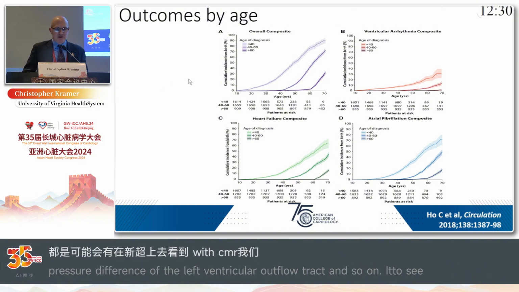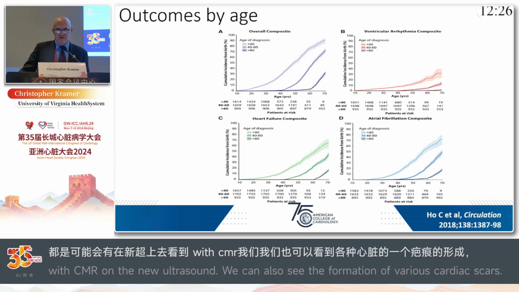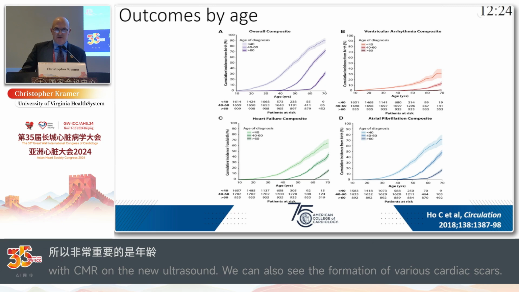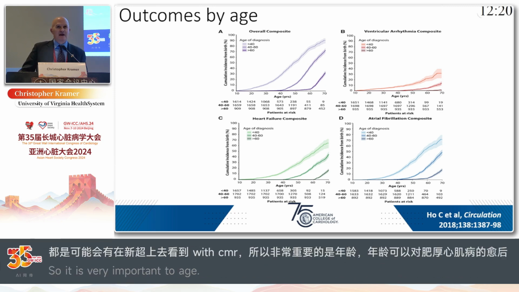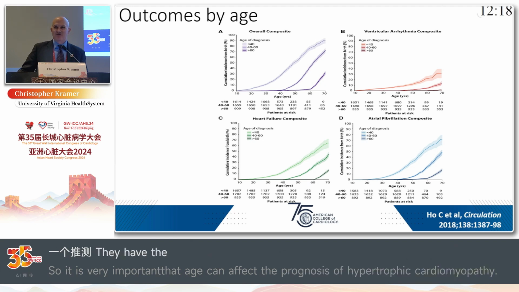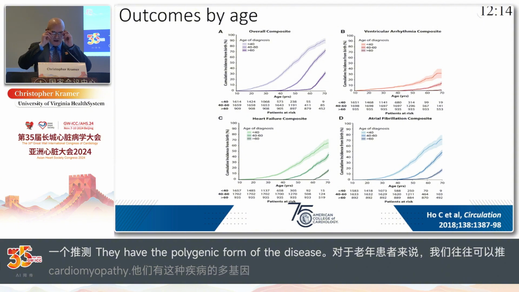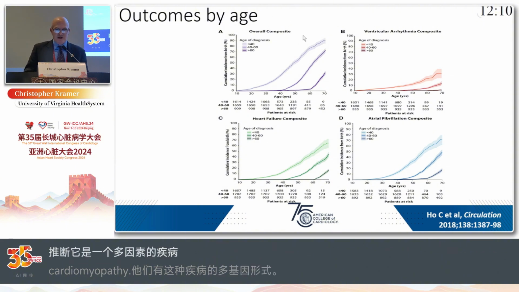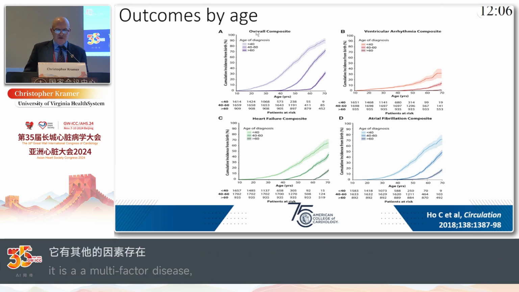So what's clear is that age is an important predictor of outcome in HCM. Actually, elderly patients have a better prognosis, and that's probably because they have the polygenic form of the disease rather than the sarcomeric mutation. So you can see this is data from the SHARE registry. Carolyn Ho is the first author in Circulation a few years ago,